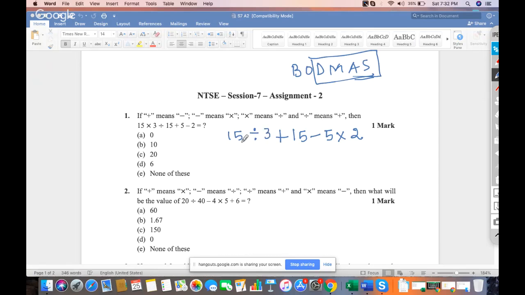So first I do division. 15 divided by 3 is 5 plus 15. Then I do multiplication, minus 10. This comes out to be 20 minus 10, that is equal to 10. First answer is B. Second answer,